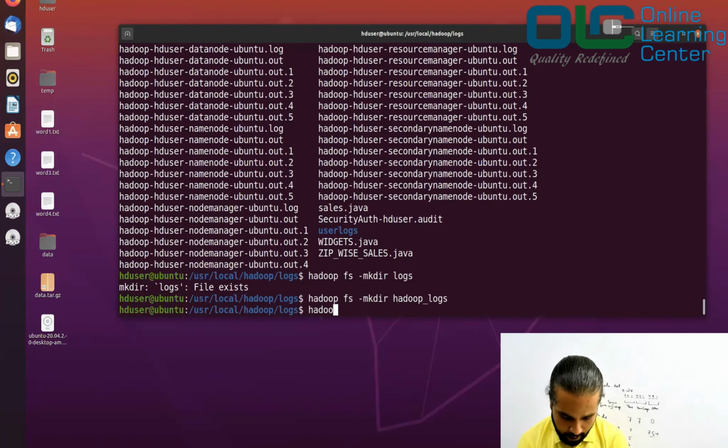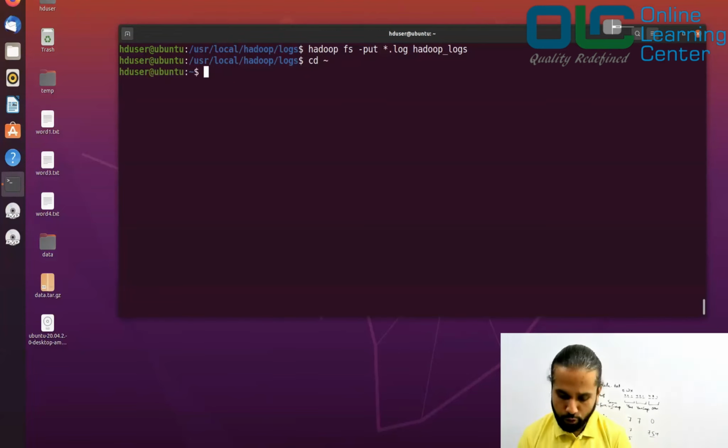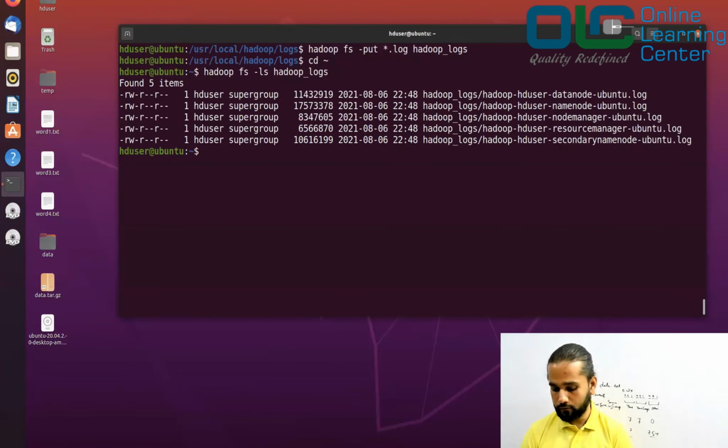I'll say hadoop fs -put *.log hadoop_logs. I'm saying copy all the log files into hadoop_logs. Done, right? You don't even have to come back. Let me say hadoop fs -ls hadoop_logs. I have got some log files here.